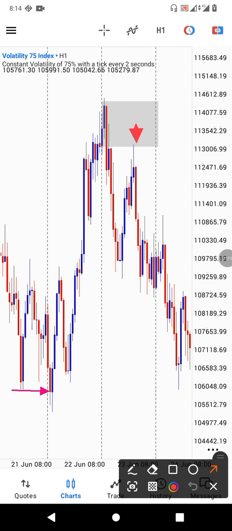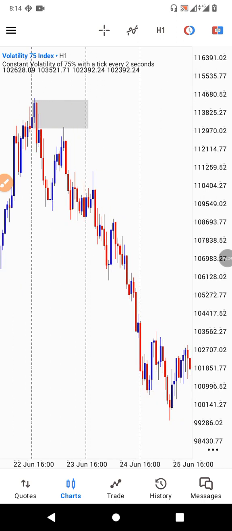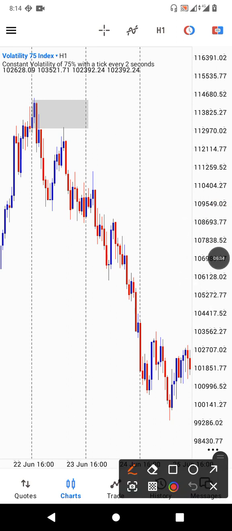So entry will be around here, then stop here to target the low of the day. And it went well. The following day, we can see what price did the following day. Price just kept pressing lower,